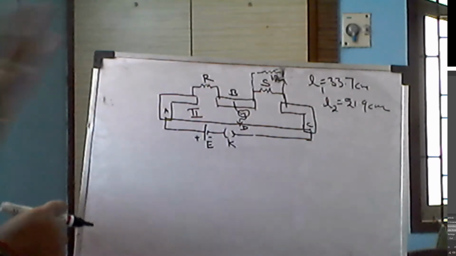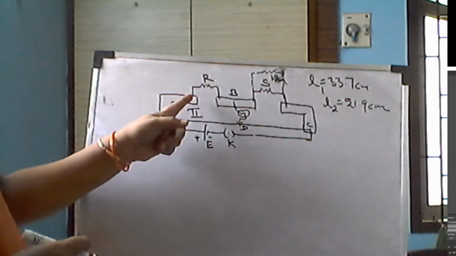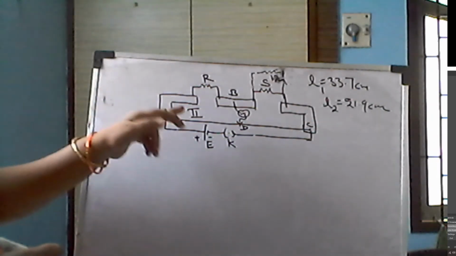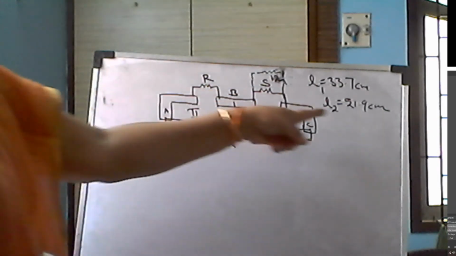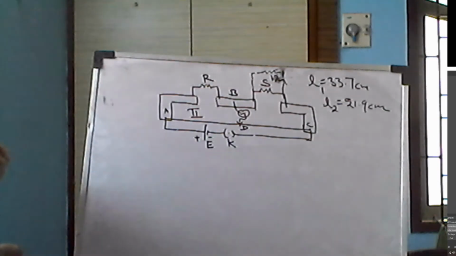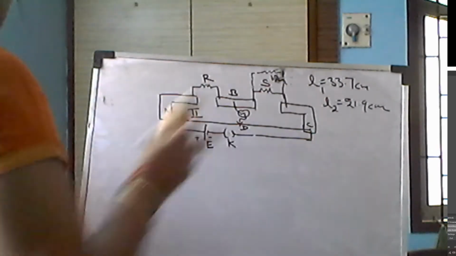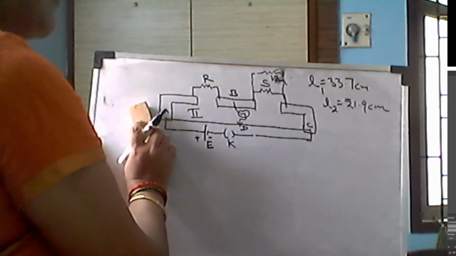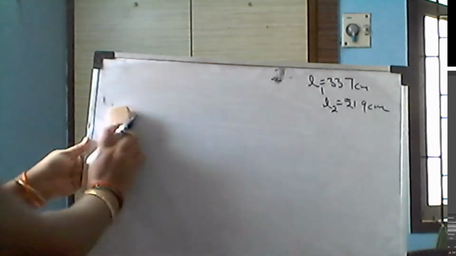Now first I repeat the question. The connection is made like this, and the null point is obtained at this point. Now when the 12 ohm resistor is connected in parallel, you are supposed to find out the resistances R and S. You have to use logarithms, which I have calculated already. You can check afterwards. Now I am rubbing this because I will not be able to do it fully here, it will occupy space.